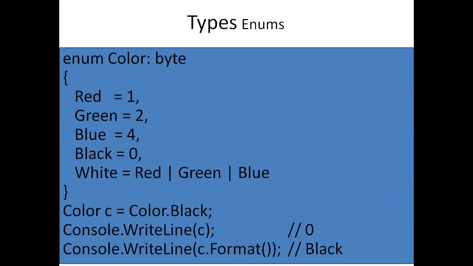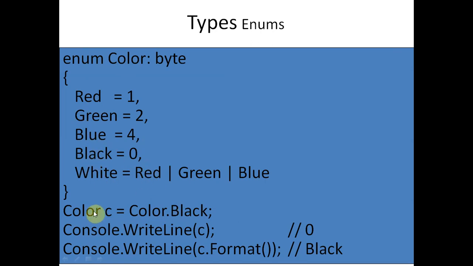And this is one more example we have given here: an enumerated color with byte. In byte it is red equals 1, green equals 2, blue equals 4, black equals 0. So for byte we have given the unit here, and byte equals red, green or blue. So we have mentioned here all the colors and their values. So Color c equals Color.Black. So Color is an enumerator type and its object is c. Like a class we define the object, in the same way in case of an enumerator we define the object of the enumerator. So we are assigning here Color.Black, meaning the black value.